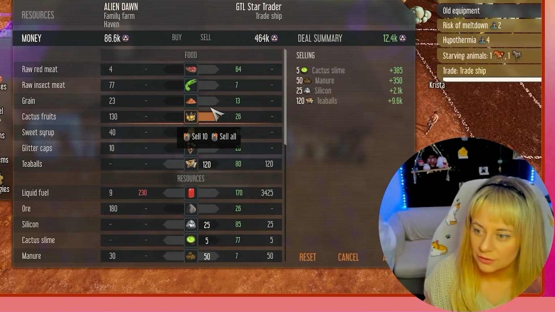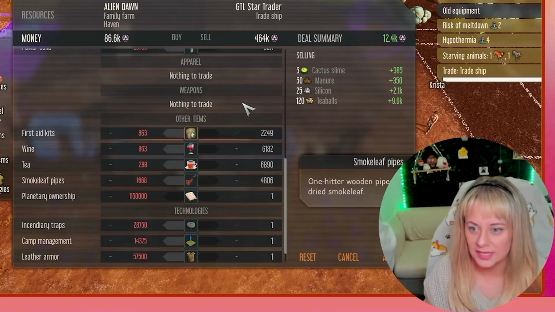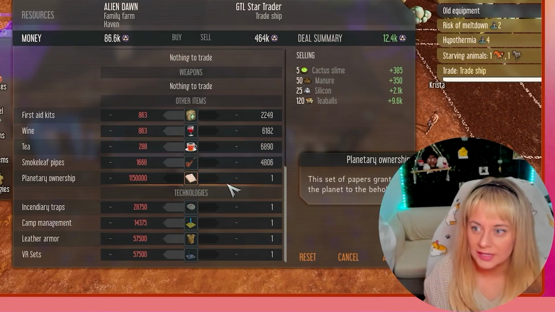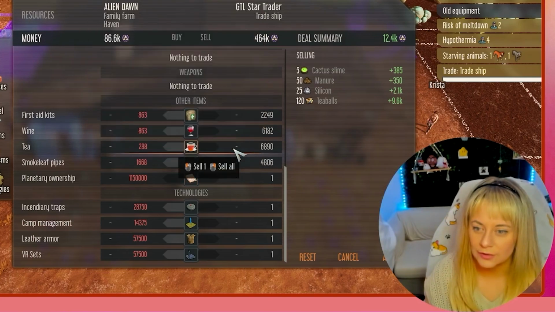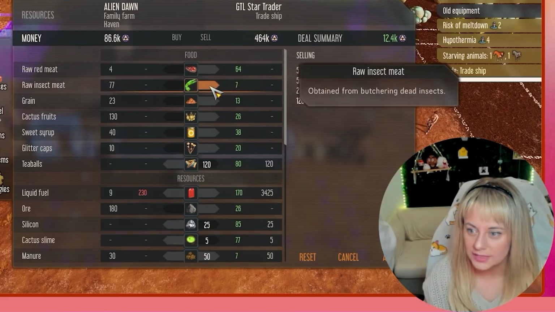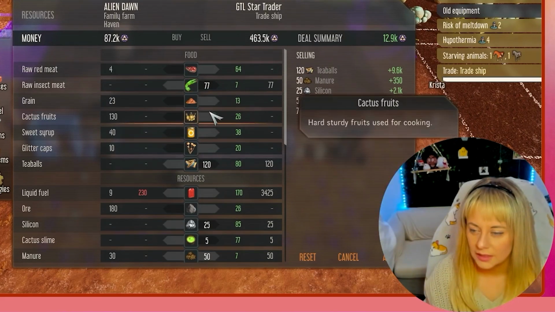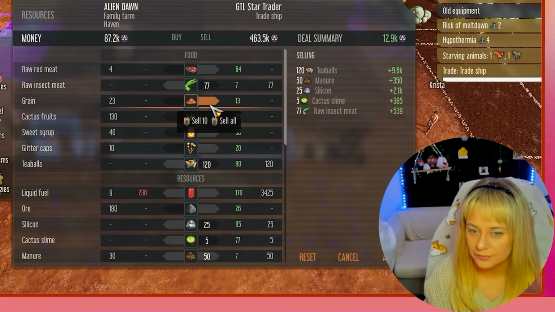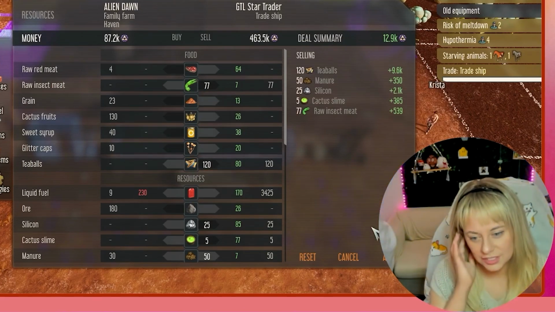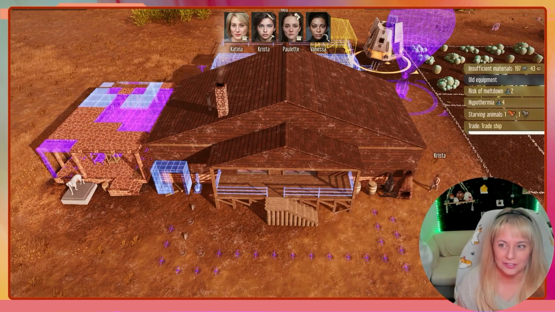The food, I don't really want to tamper with food too much because it's hard to come by. That means we're only making 12K. I'm not sure that's even worth the amount of cost to put fuel in. Let's go ahead and sell the insect meat. And yeah, I just can't see touching the rest of the food. So it's about 13,000. I think the goal is to get over 100K so that we can get rid of